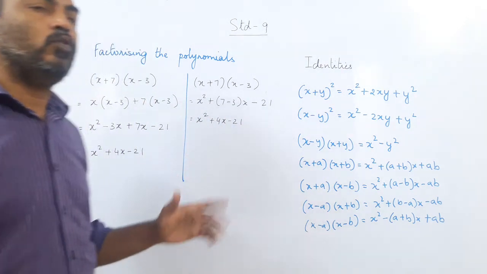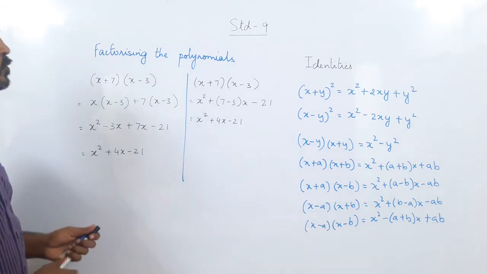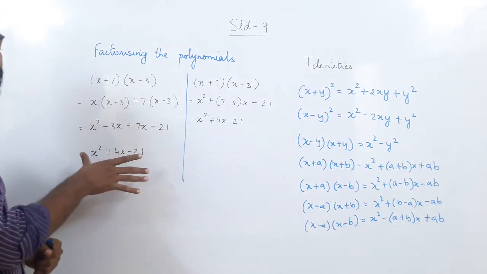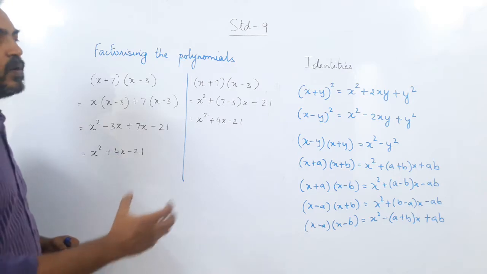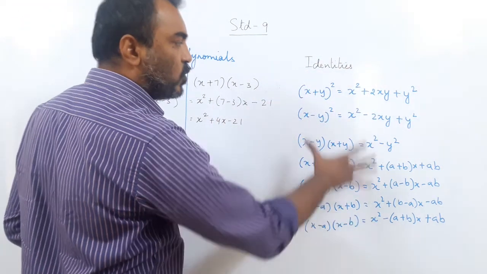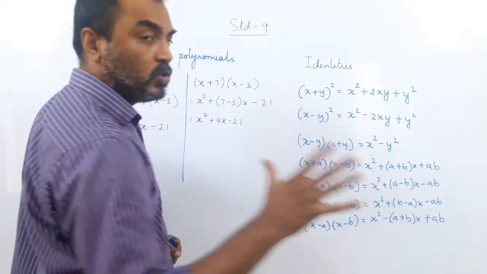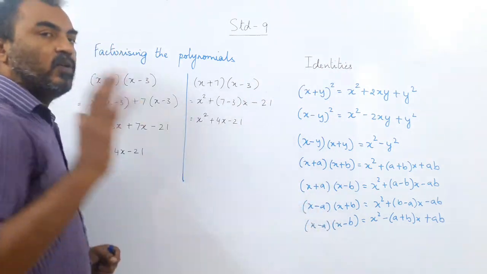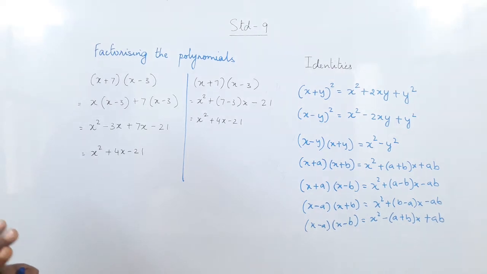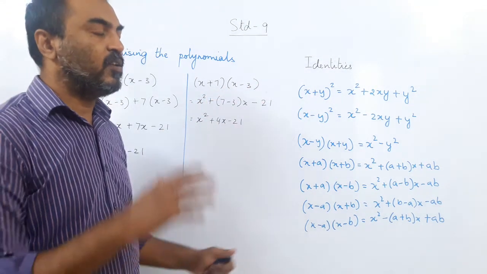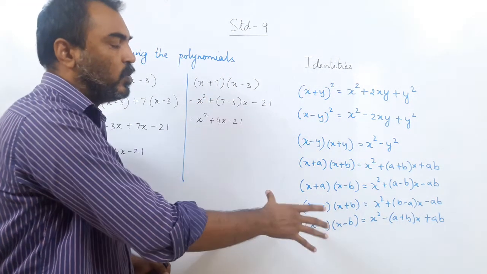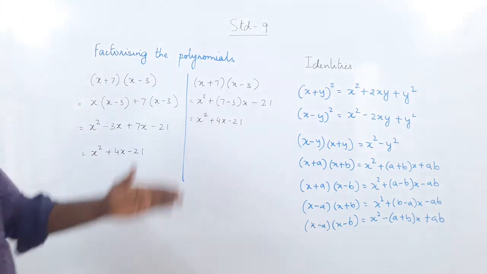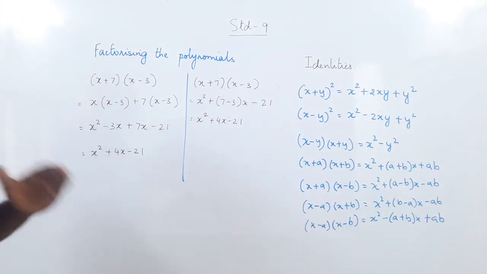So what are we trying to do here? Again I tell you, we are trying to make it simpler by using identities. If you want to use the identities or not is your choice, but understanding the identities will make your work easier. You will have to memorize them, but before memorizing, follow how we derive the formula, and then you can memorize it, use it directly, get the answer, and save your time in the examination. Okay, so that is the basic idea.